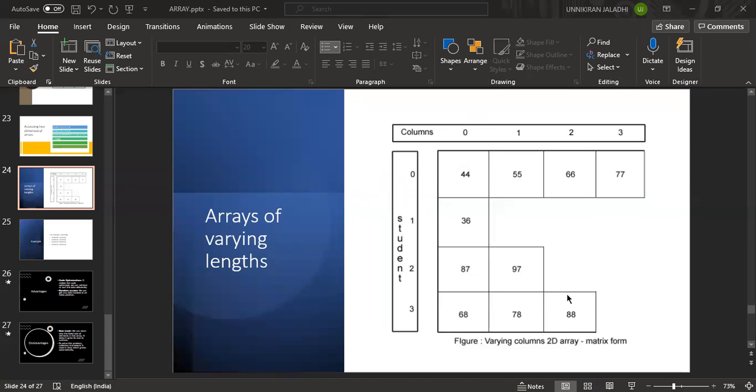The first row consists of 4 elements, the second row consists of only a single element, the next row consists of 2 elements, and the final row consists of 3 elements only. So everything is covered inside a 4 by 4 matrix: 4, 3, 2 and 1.